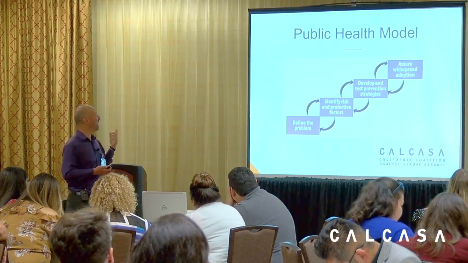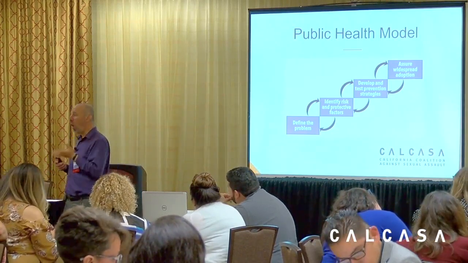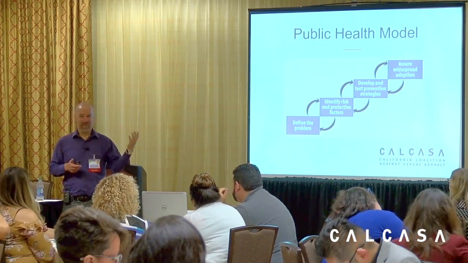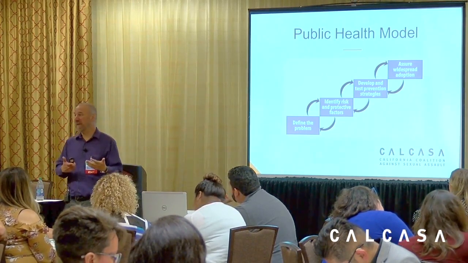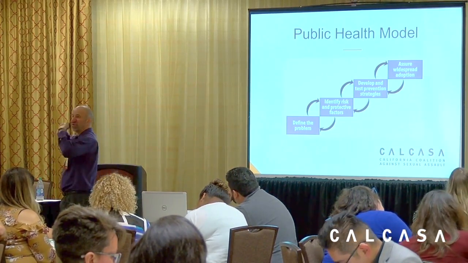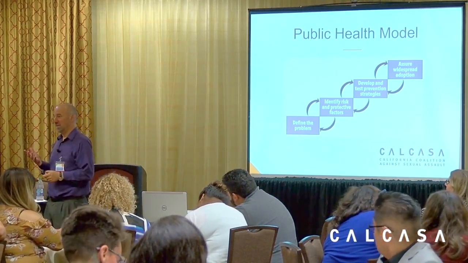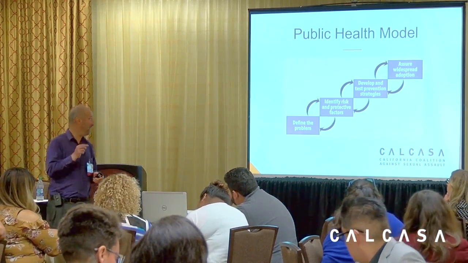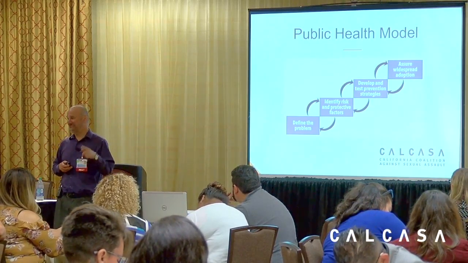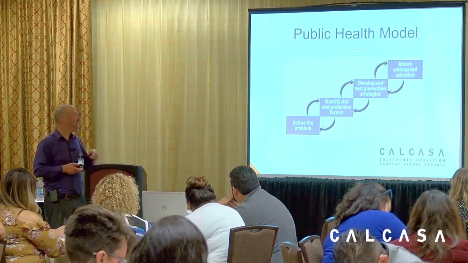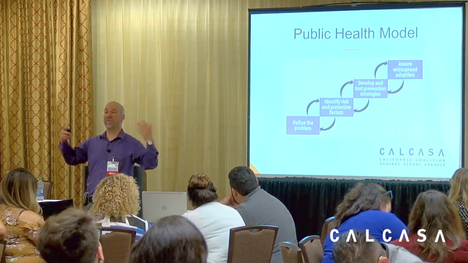Then we identify the risk and protective factors. These aren't the causes of violence, but factors that are associated with it. A risk factor is a factor that commonly takes place and that we see associated with sexual violence. We'll be talking about this in greater detail a little later. Protective factors are those that make it less likely that sexual violence will take place. Then we develop and test prevention strategies, find out what works, and then we spread them.